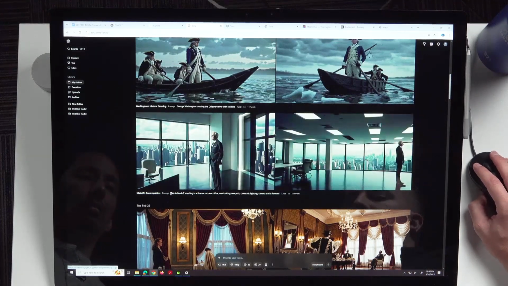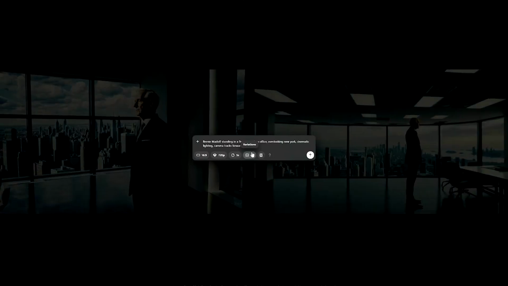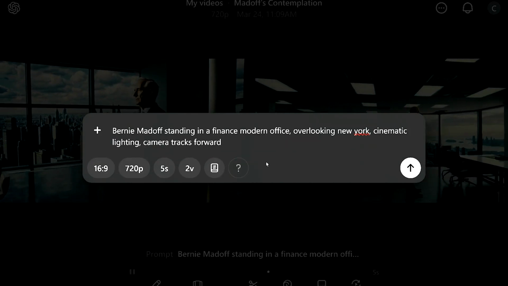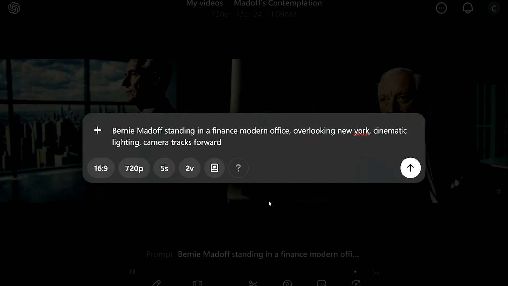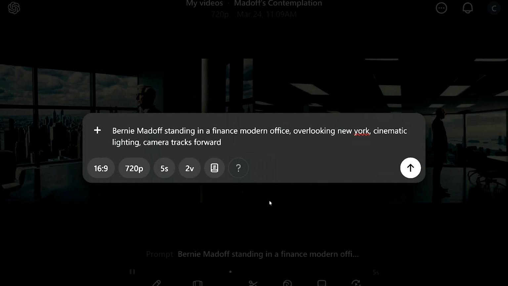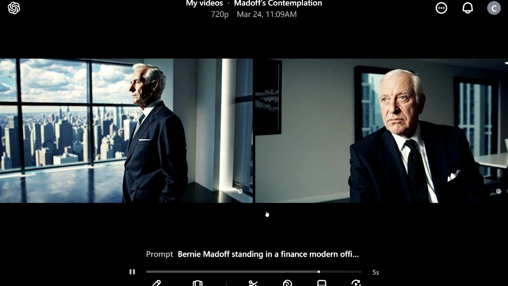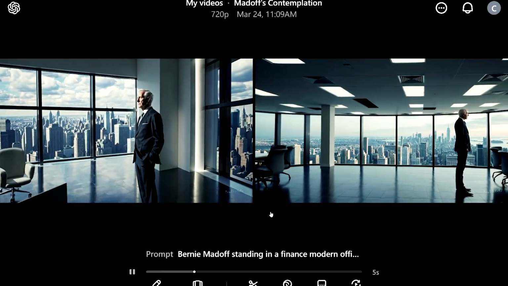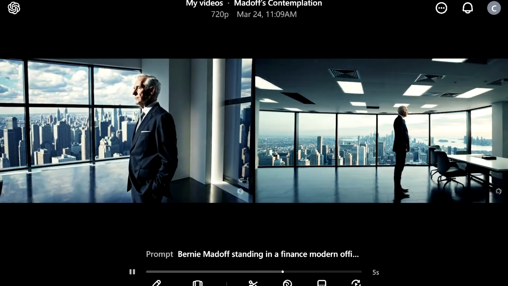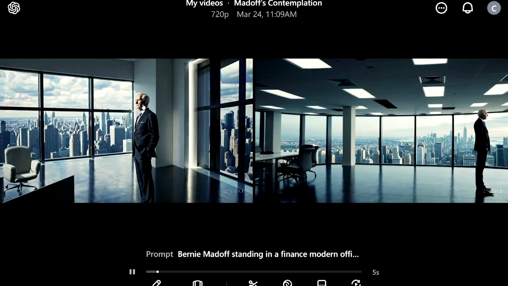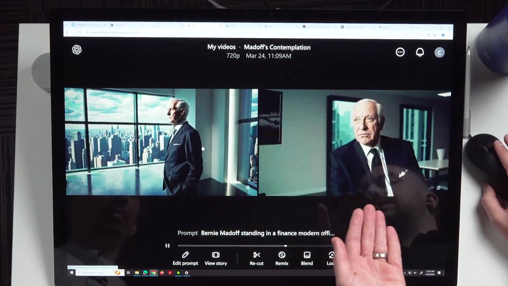And I wrote here as one of the prompts, Bernie Madoff standing in the finance office overlooking New York, cinematic lighting, camera tracks forward. It doesn't do a good job of referencing actual people sometimes. This is clearly not him, but the point is that it is an older gentleman, so it's somewhat accurate. But for what I wrote, this is pretty good,